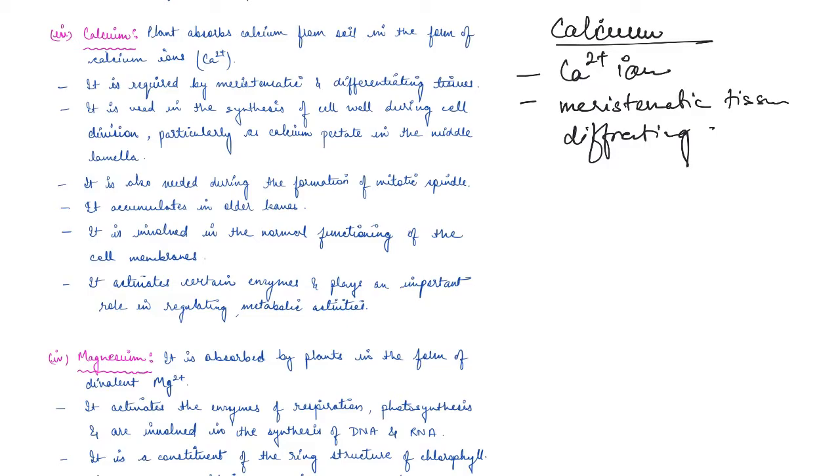Now, it also accumulates in older leaves. So basically, it is required for normal functioning of the cell membrane. It activates enzymes and it plays important role in regulating metabolic activities. So if I have to list down all these properties, it will be that during cell division,